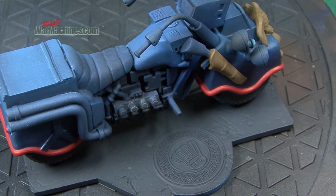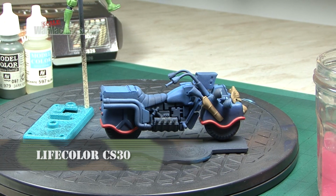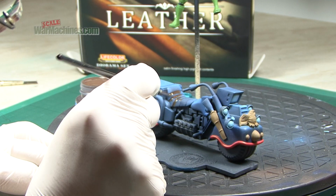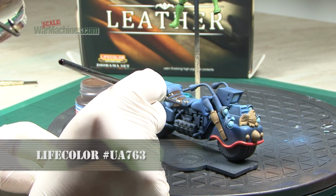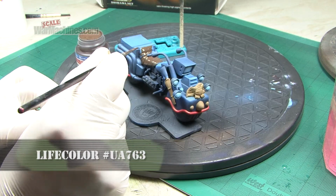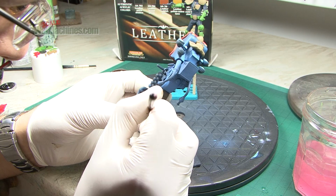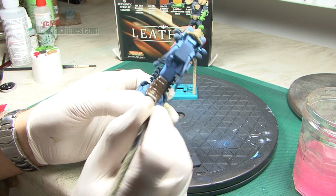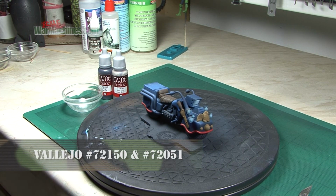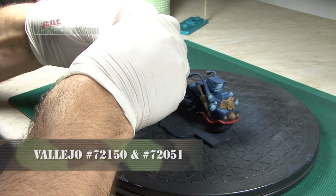I moved on to Life Colour now and their leather set, and that was used to paint the bench seat on the motorcycle. You'll see I'll come back to this a few times during this video. This was the base shade, and as you'll see these Life Colour paints are really opaque and do go on really well with one coat. With that done, it's time to pick out some more features on the motorcycle, first with a brush and then an airbrush. A bit like last time, you'll see that these standard bottle paints are airbrushable. I needed to use them in the intended fashion by brush first, but then...